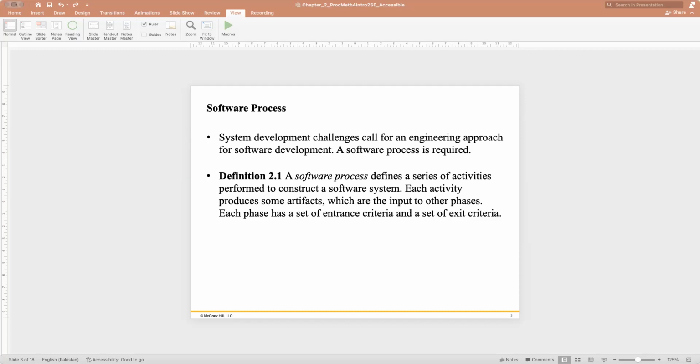For instance, there is research that says one software engineer these days writes almost 50 to 100 lines of source code.